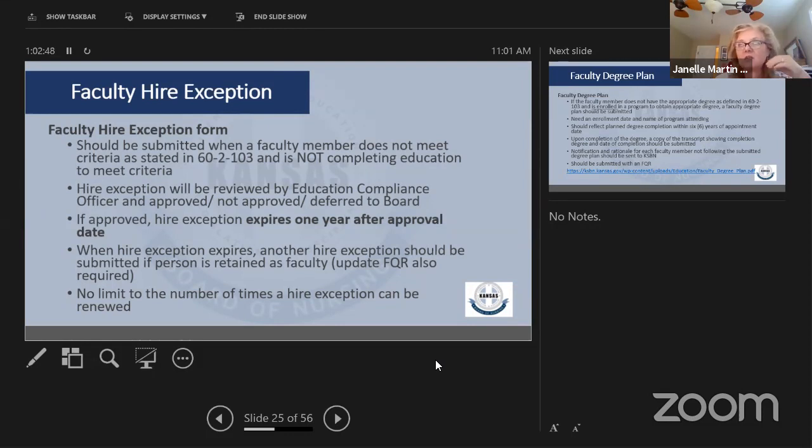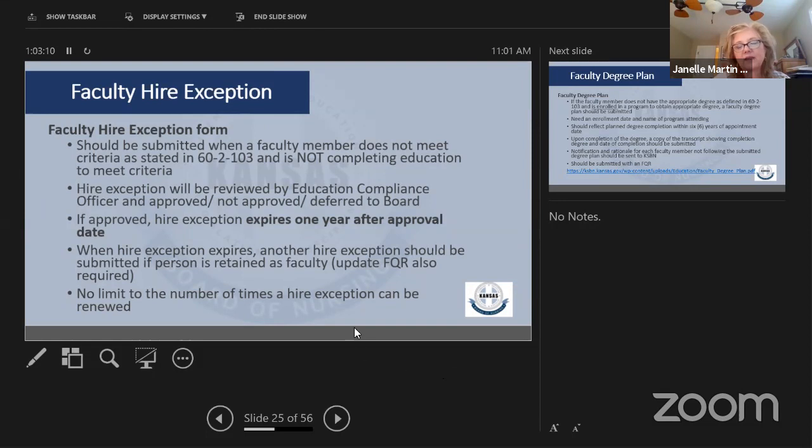Or if you are utilizing them for another year, find some way to note where your higher exceptions are, what dates they're approved for, and to make sure you get that reapproval done. If you're using them for another year, get that new one done so that they don't run out of that approval.